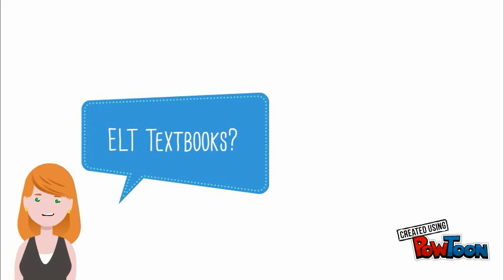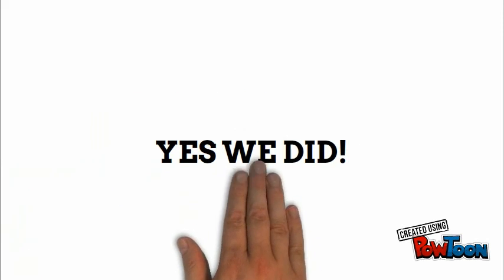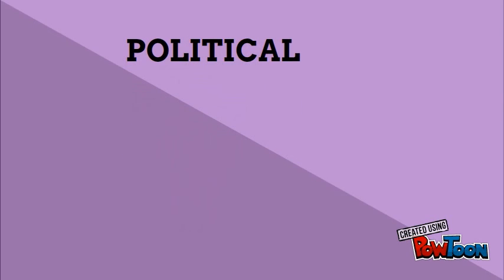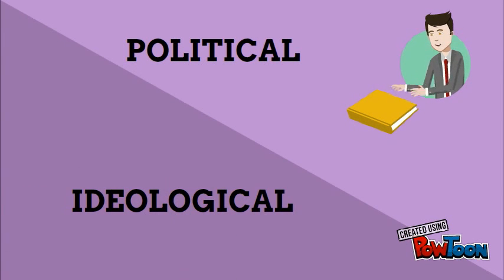in ELT textbooks. Did we mention ELT textbooks? Yes, we did. Then, what are they? According to Gray and Block, ELT textbooks represent a way of constructing the world that suggests what it means to be a speaker of English in this world. They can be political, as ruling parties select the content that's going to be included according to their interests. They can also be ideological, in the sense that they reproduce the existing power relations regarding class, race, gender, and